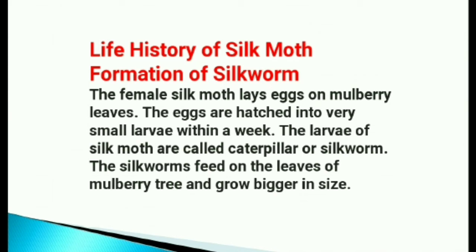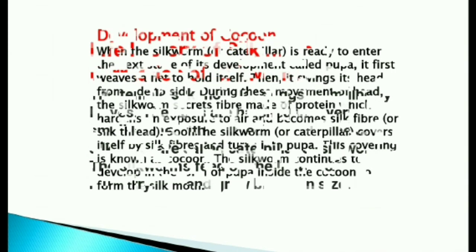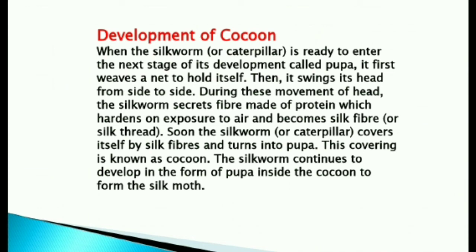The larvae of silk moth are called caterpillar or silkworm. The silkworm feed on the leaves of mulberry tree and grow bigger in size. Development of cocoon. When the silkworm or caterpillar is ready to enter the next stage of its development called pupa,